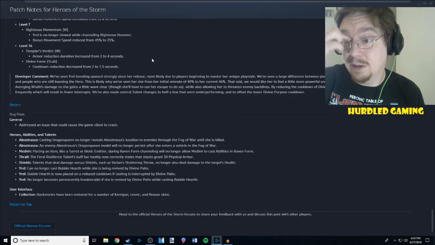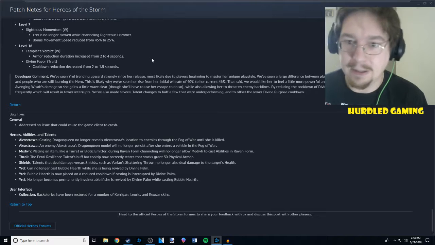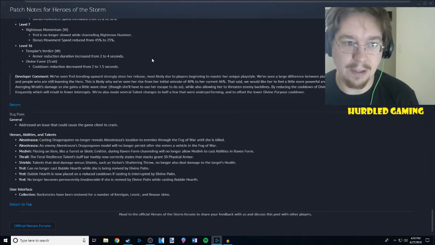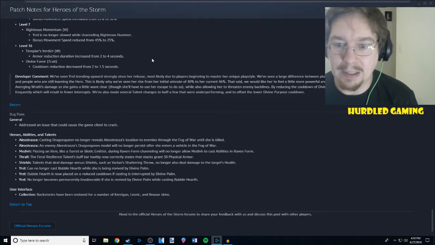So we would like to make her feel a little more powerful and be countered by enemy picks a little less. I agree with that. We've increased Avenging Wrath's damage, so she gains a little wave clear at the cost of her escape. That's a good trade. She's all about trades. So while also allowing her to threaten enemy backlines. Good changes, especially with